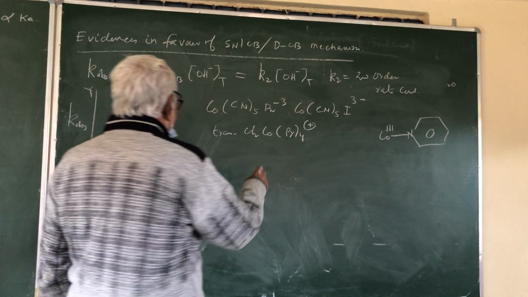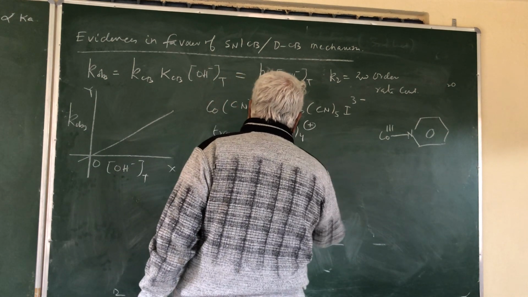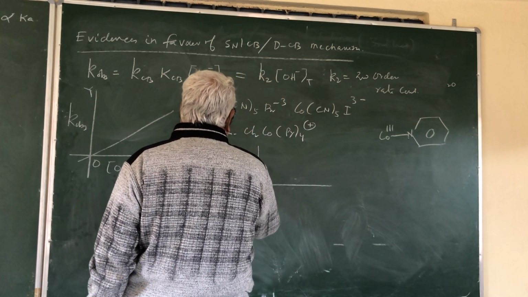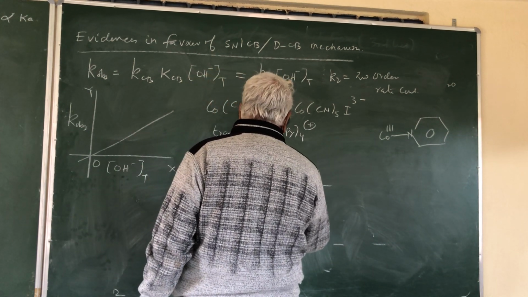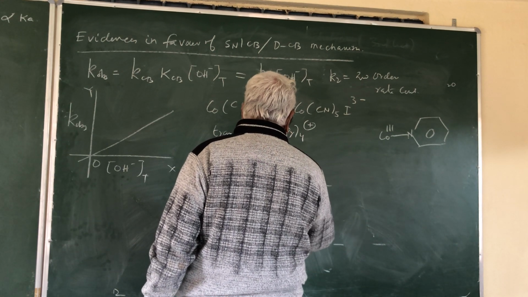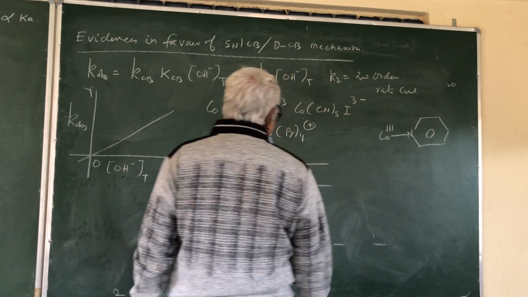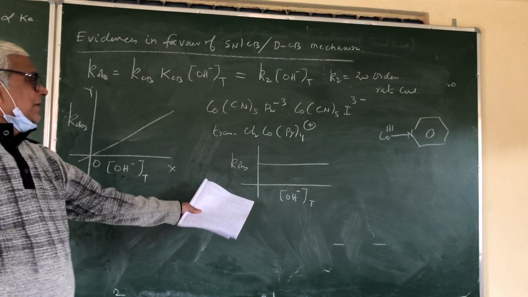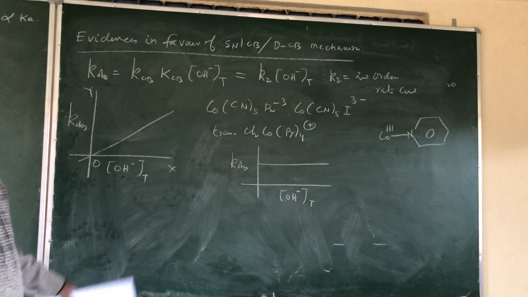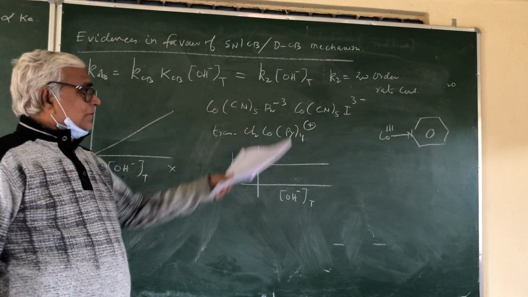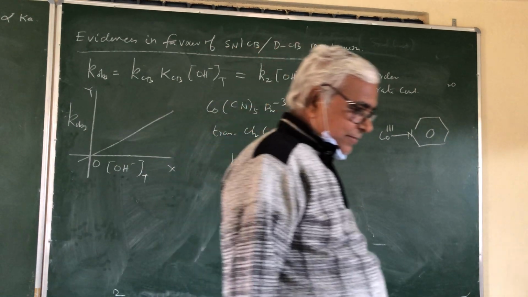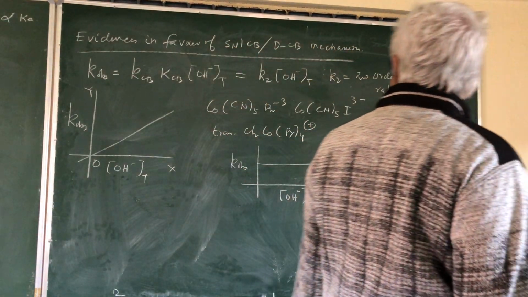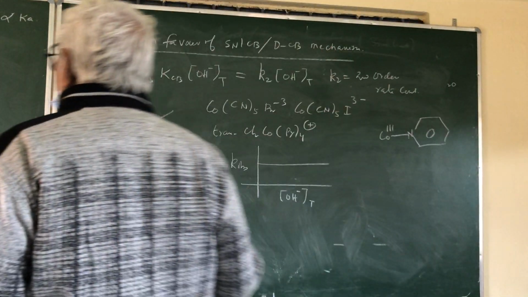Therefore, the K observed versus hydroxide plot should be linear without passing through origin. This is one of the very strong evidences in favor of the SN1CB mechanism. The other evidence is